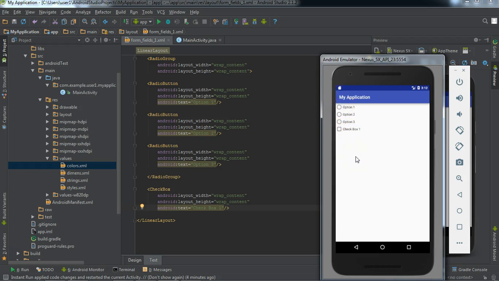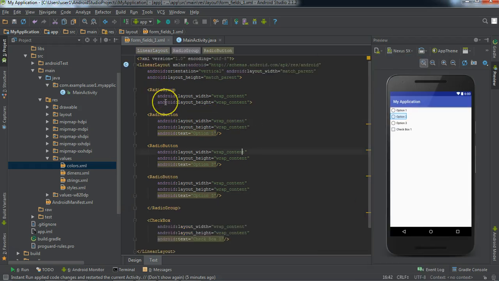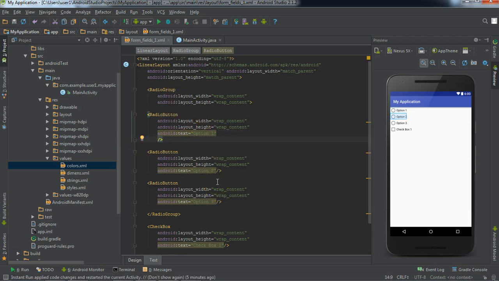So if we want some to be pre-selected by default, then to do that we need to define the ID of any particular view that we want to show as default. So in this case